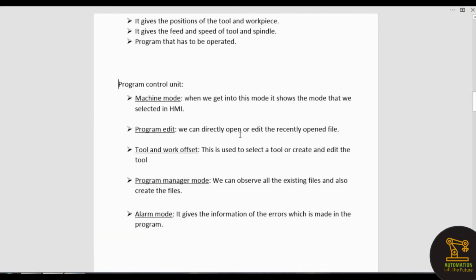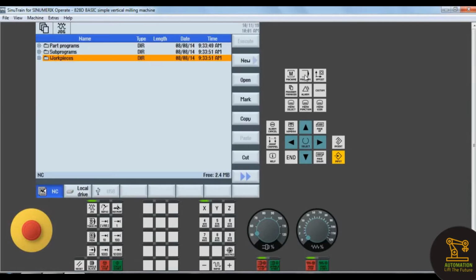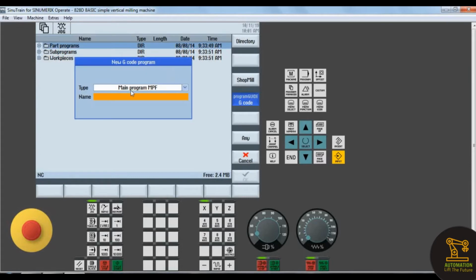Next, program edit mode. We can directly open or edit the recently opened file. We have created a new machine, so there will be new files. Let's create a new file. Let's create a new file in the part programs.